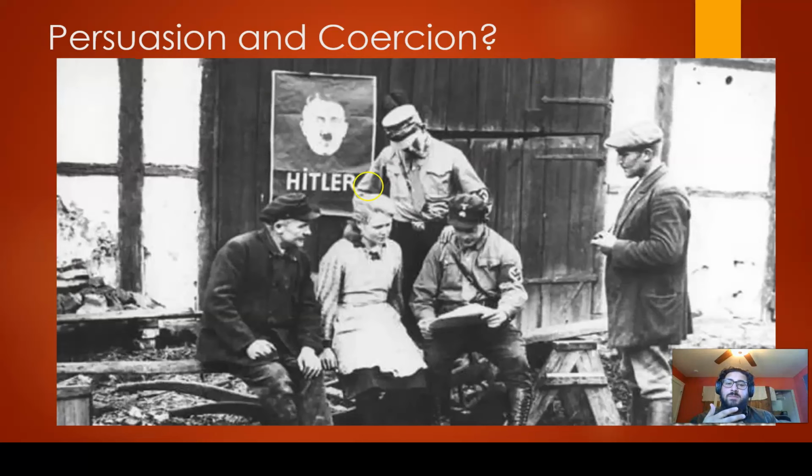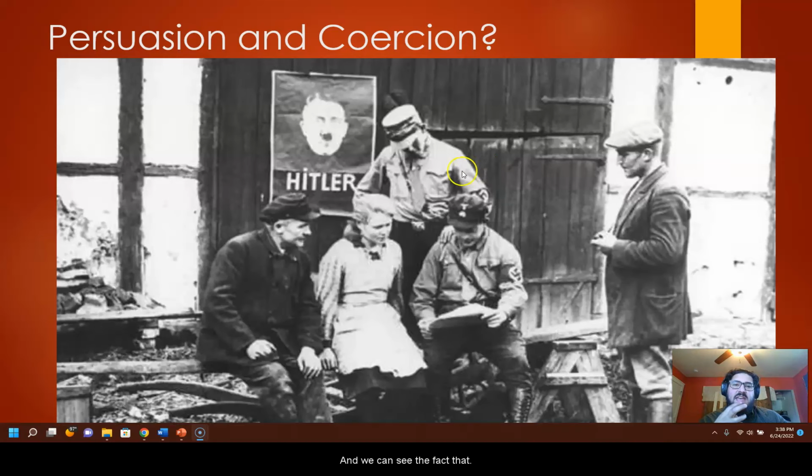Let's look at this one. Look how they're engaging. Two military members dressed all to the nines. You don't obviously see any weapons. Notice how they're just talking to these people, these potential voters. But notice how they're standing. Notice how one guy is standing over people. This could be seen as coercion. The implied threat of, we're over you, we're watching you, we're always there.